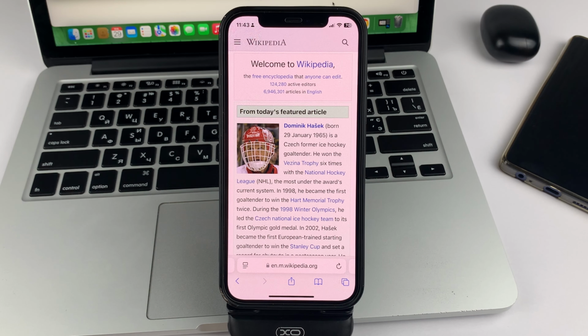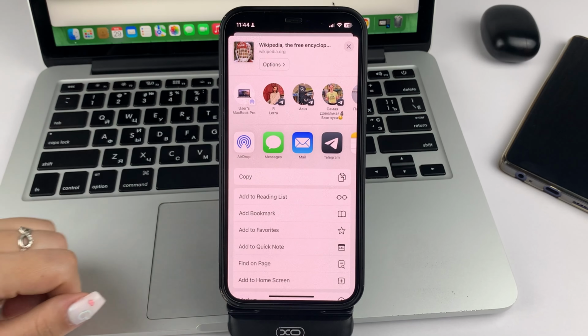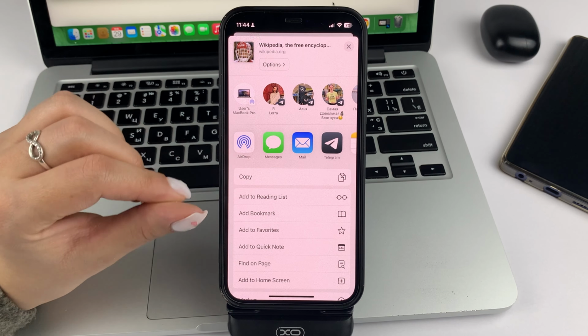Now, in order for you to send the link to your iPhone, you will need to click on the square sign with the up arrow at the bottom, in the middle. That means share. Next, please scroll a little bit above the menu that you'll have, and here you can select, for example, message.